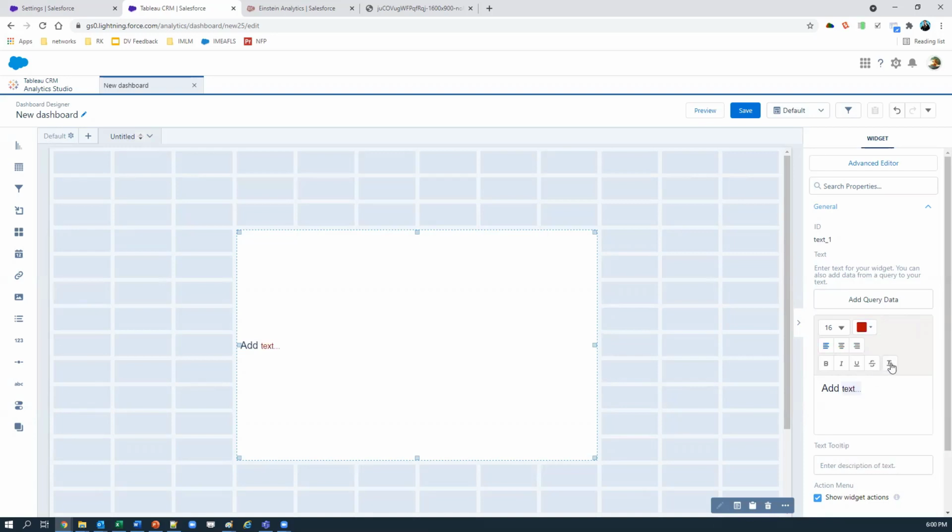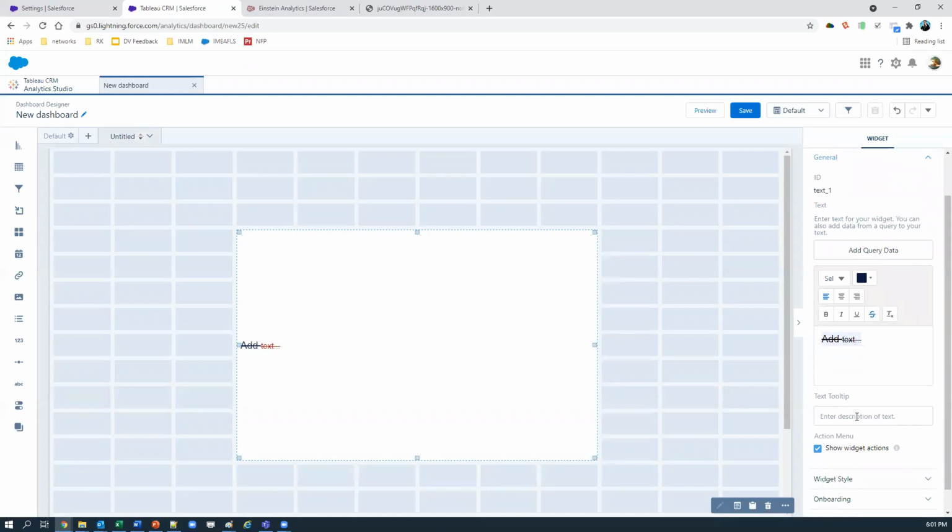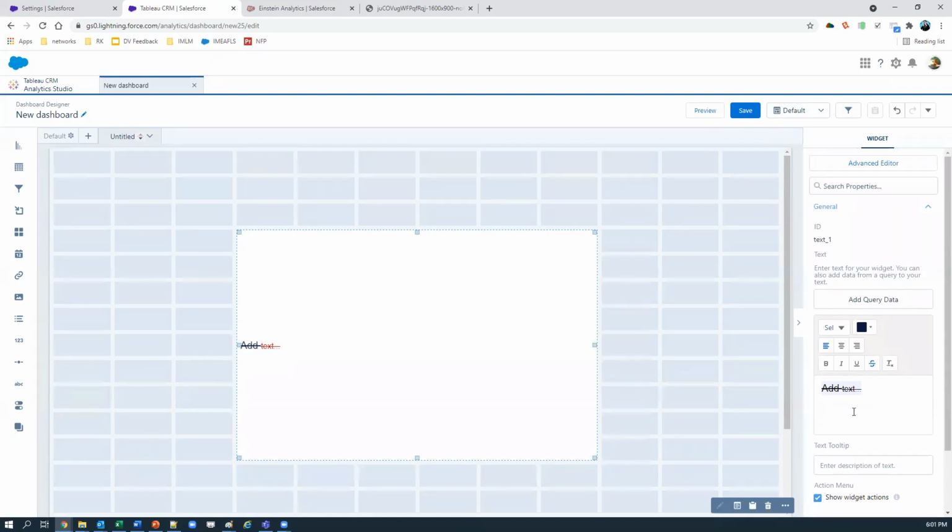We have a clear text, remove formatting option as well. We have strikethrough, we have underline, we have everything we want. So in my opinion, this is a really big improvement on the text widget, where to get this kind of functionality before, I believe that